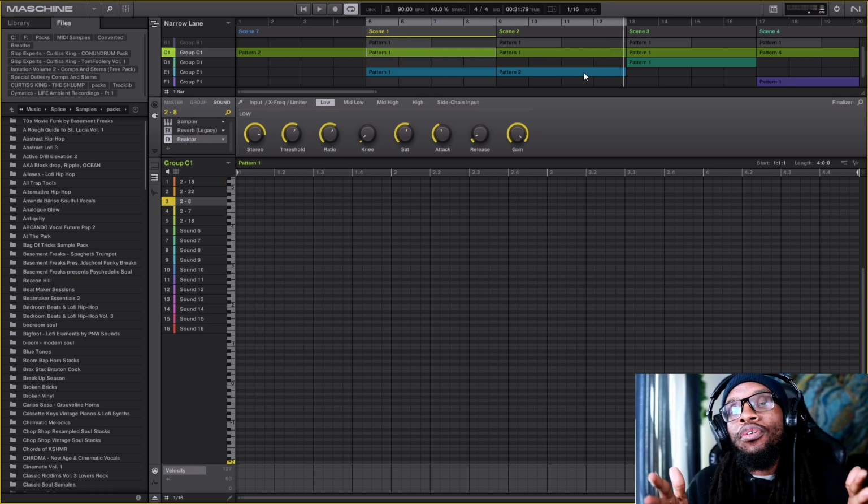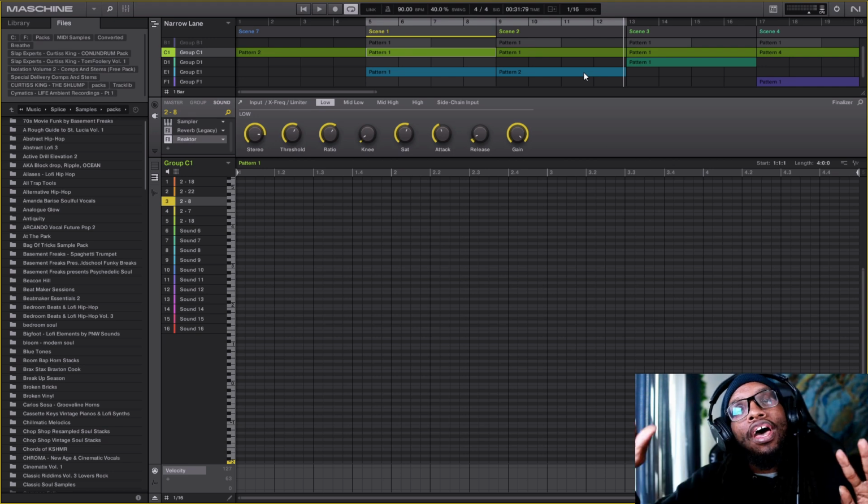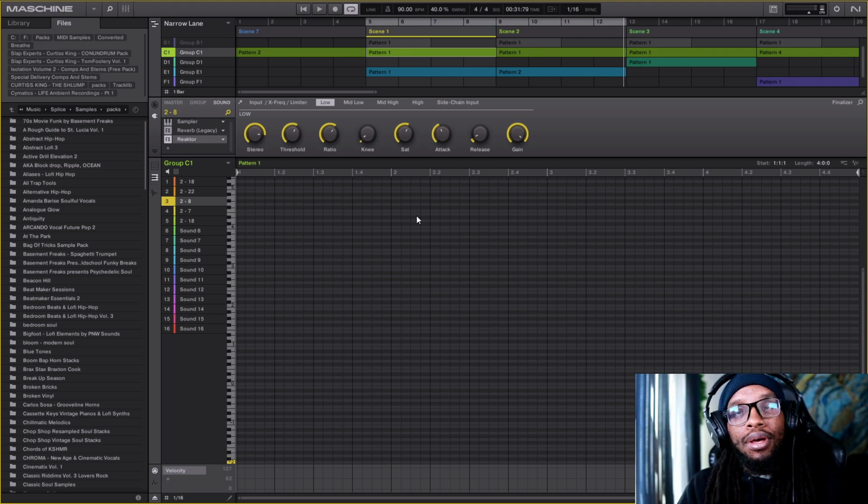So it's really going to depend on you which one has a better learning curve for you. If you learn more with your hands, I would say go in the route of Maschine. But if you're really good with using your mouse with point and click options, I would say go FL any day of the week. Point number 3, workflow.